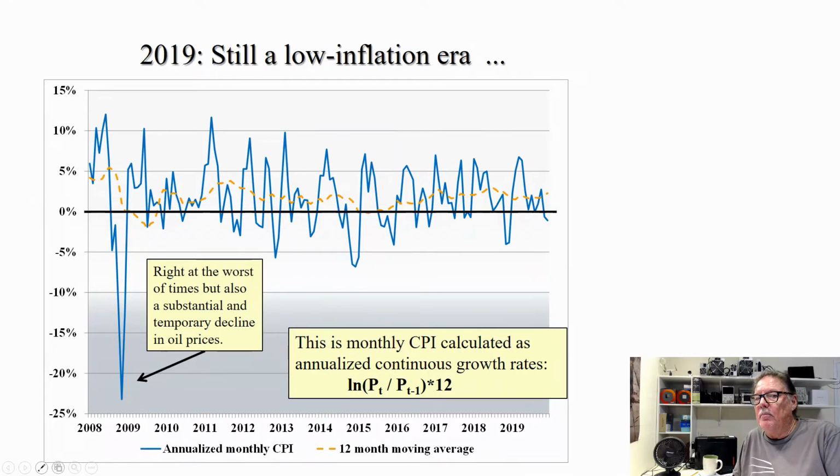Now, that was mostly due to a huge temporary decline in key commodities and especially oil. But you can see if you smooth this data, which of course you have to do if it's annualized monthly data, that it gives you this pattern of inflation being tolerable between 0 and 5%, although you can see right in through here